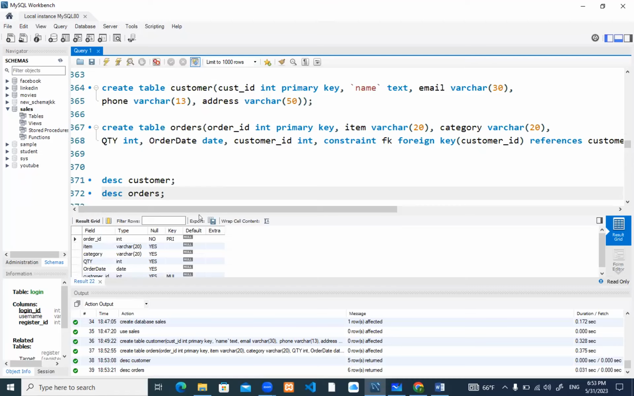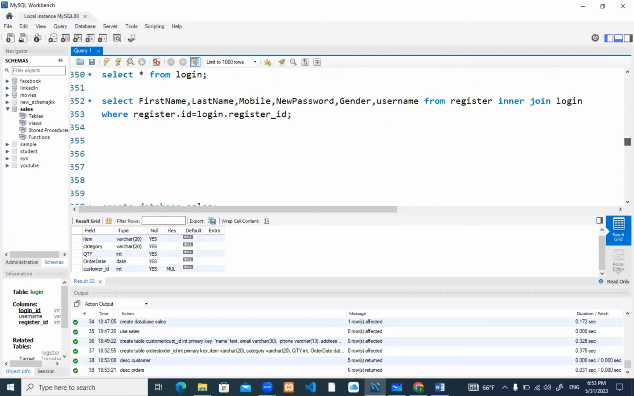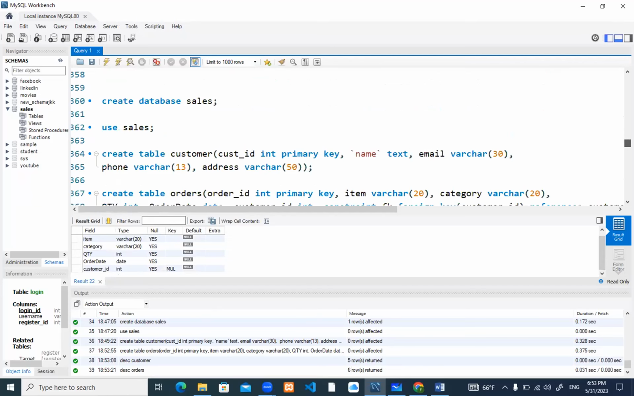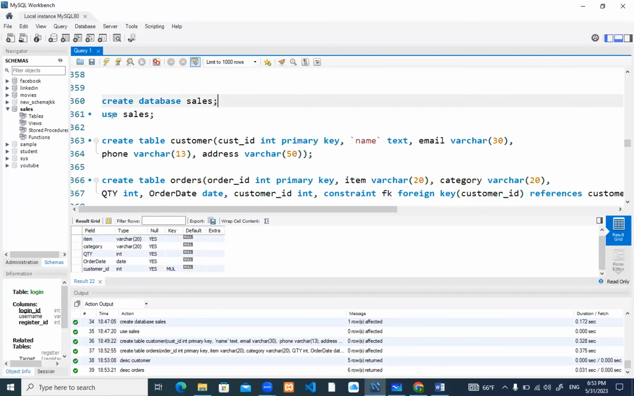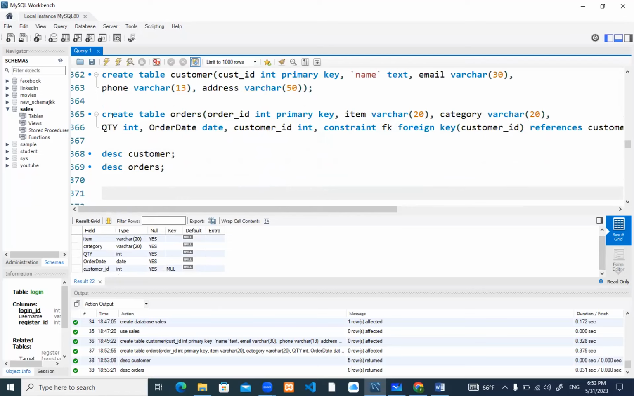If I describe it, you can see that I have this much information inside order. This is the schema of my orders. Now, the job is to insert the record first inside the customer field. Okay, that's totally fine. For inserting the records inside customer,